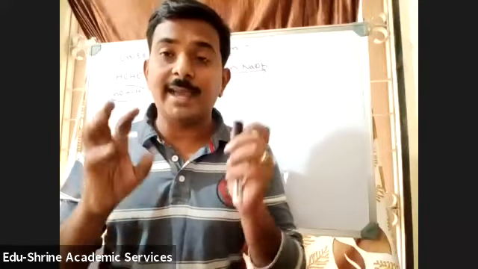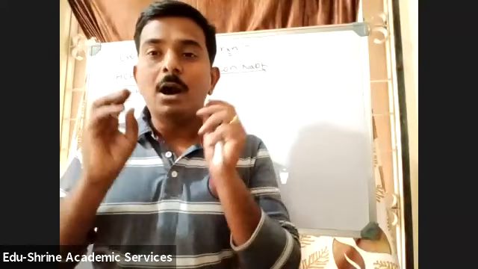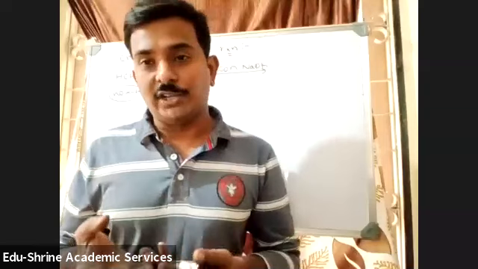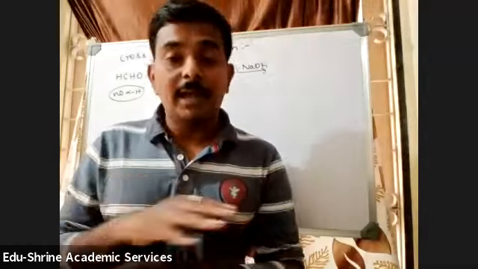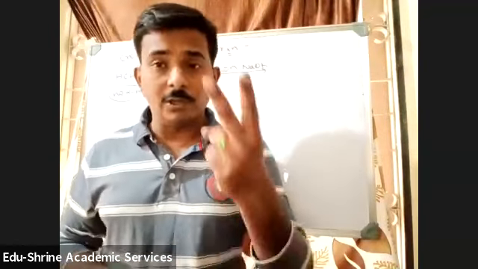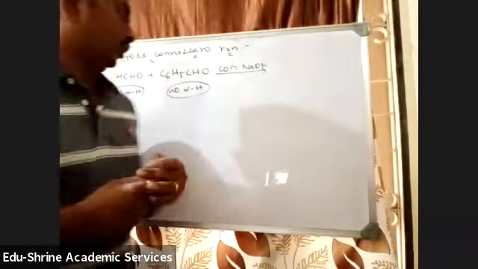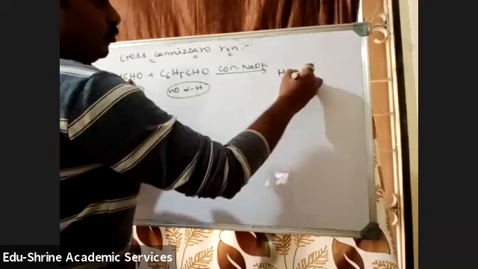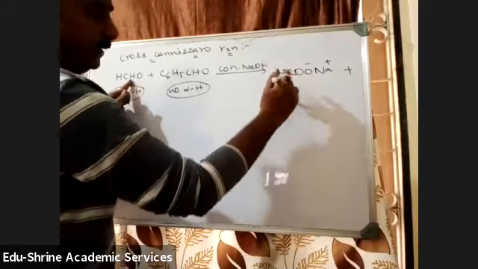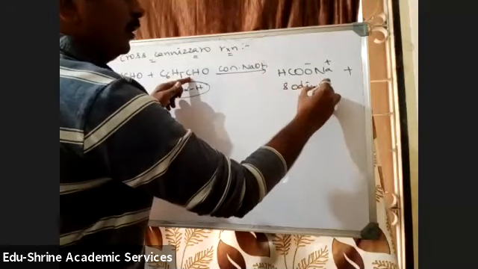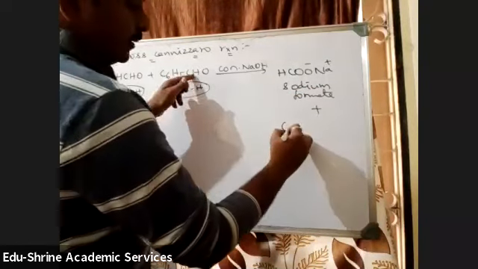If there is formaldehyde in a Cannizzaro reaction, the formaldehyde is always going to get oxidized, because that is the simplest aldehyde, where there will be no inductive effect and very little steric factor. We know that these are the two factors which affect nucleophilic addition, right? So the product formed will be HCOO minus Na plus, sodium formate. This becomes formic acid and the other becomes alcohol.